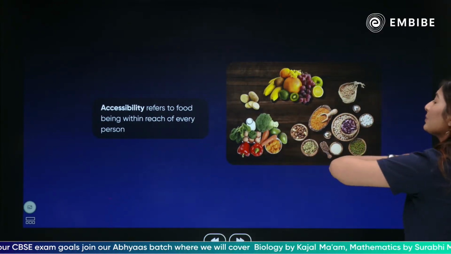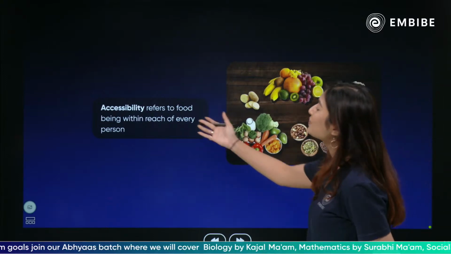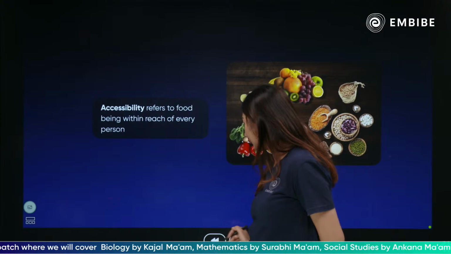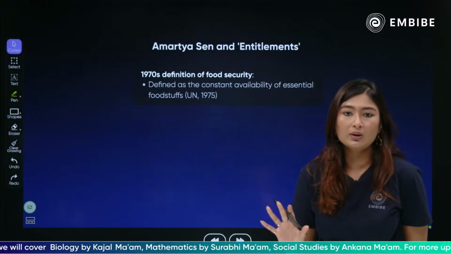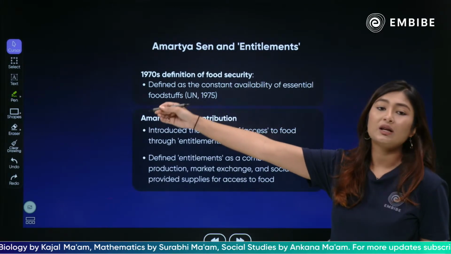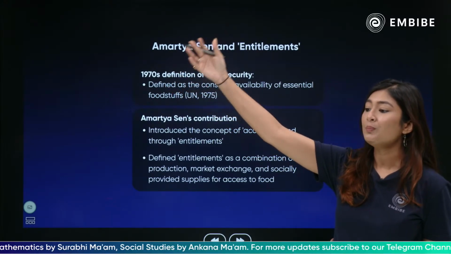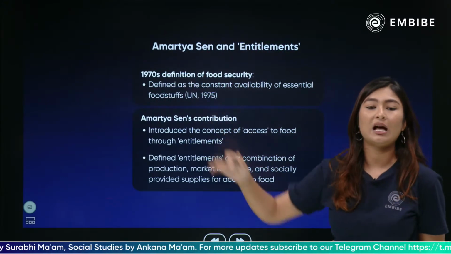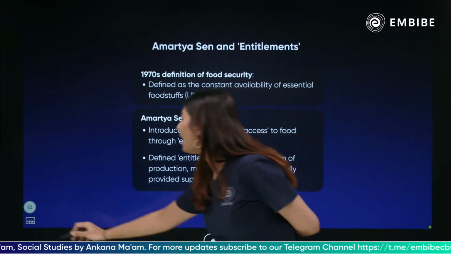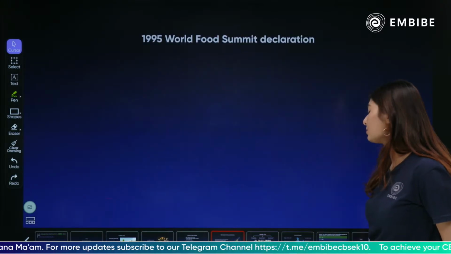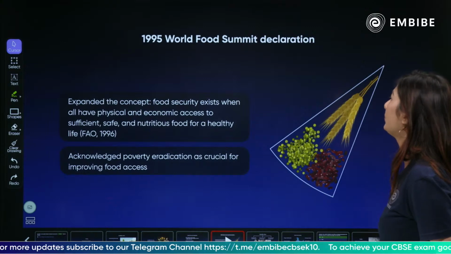Next comes accessibility. Accessibility क्या है? It has to be in reach of every person. You have to sell it in a place where people can buy it from. Accessible होना चाहिए ना यार. मैं दूसरे देश में रख के आ जाऊं और आपको जा करके या फिर मान लो जंगल में रख के आ जाऊं, क्या फायदा? हाँ, आप वहां पहुंच ही नहीं पाओगे. You won't be able to access the food. फायदा थोड़ी है उससे, उससे और दिक्कत हो जाएगी. It will be further problem.